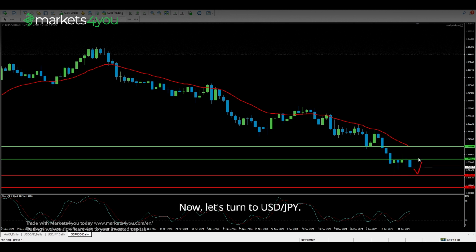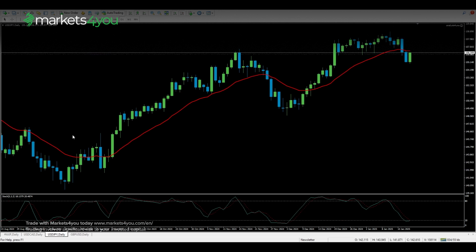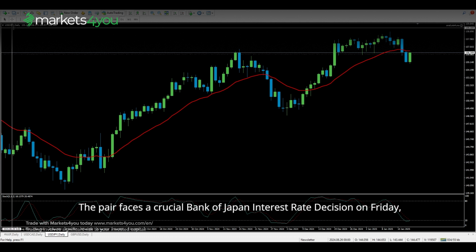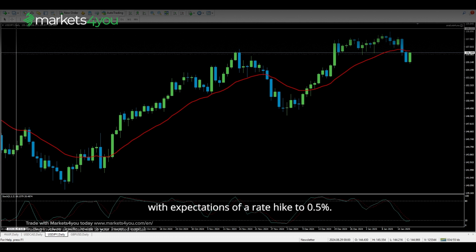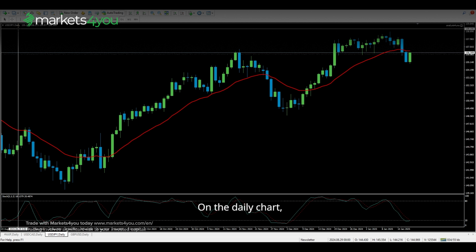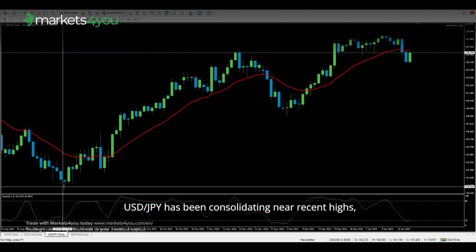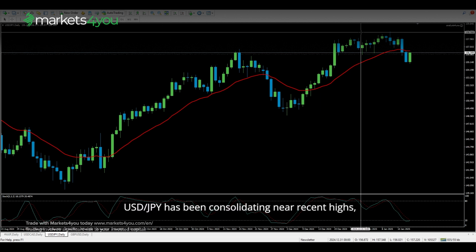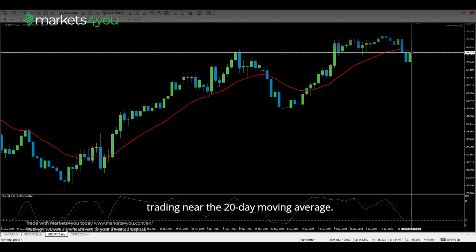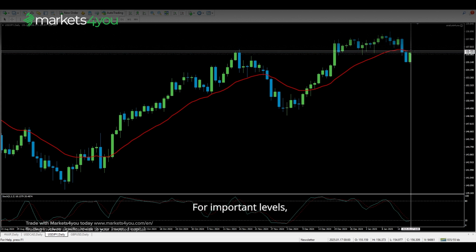Now, let's turn to US dollar to Japanese yen. The pair faces a crucial Bank of Japan interest rate decision on Friday, with expectations of a rate hike to 0.5%. On the daily chart, US dollar to Japanese yen has been consolidating near recent highs, trading near the 20-day moving average. For important levels, we see support at